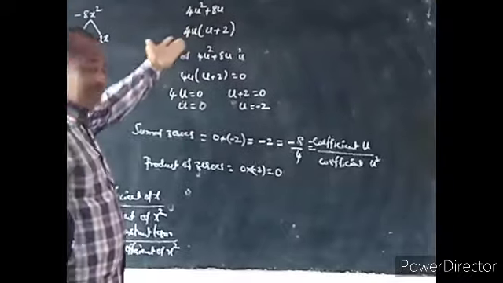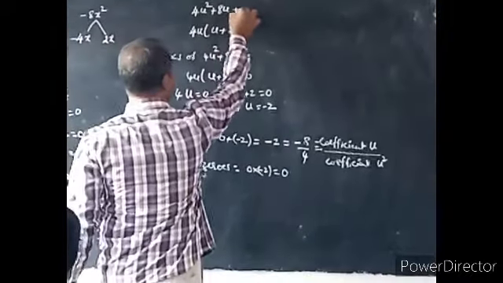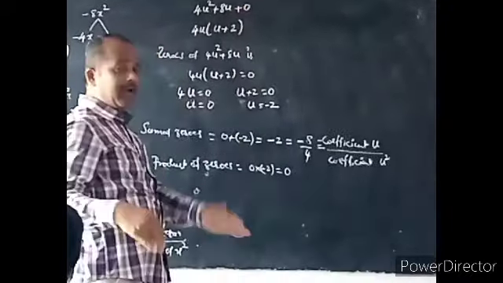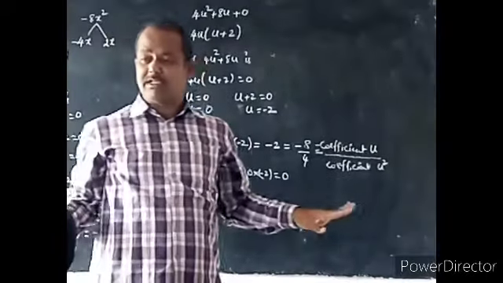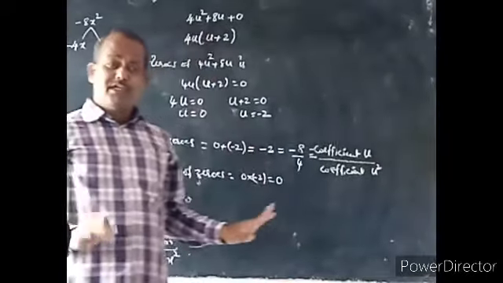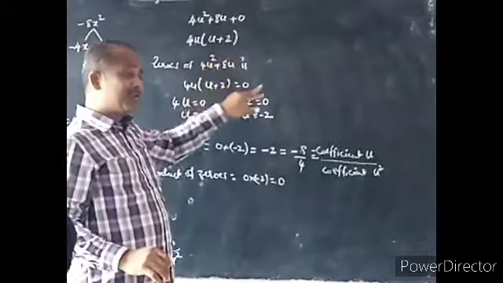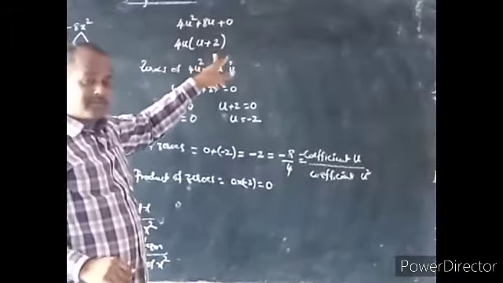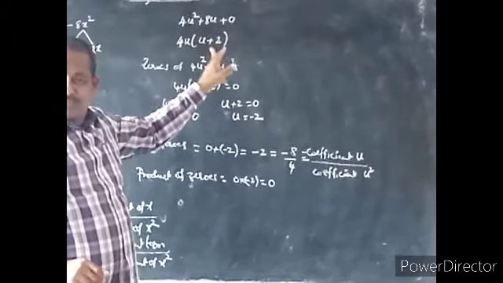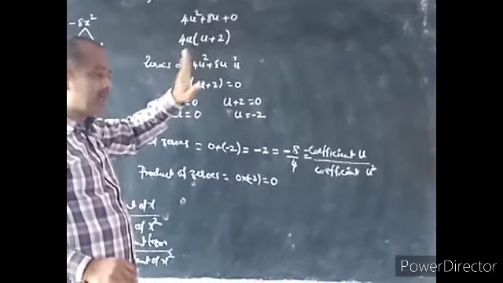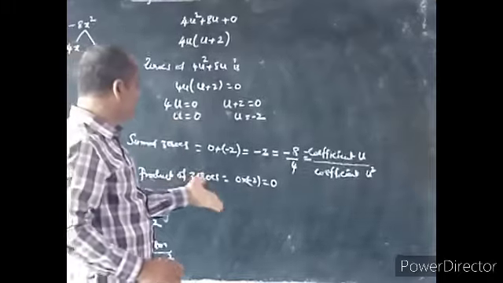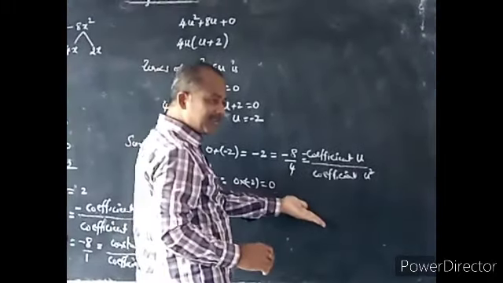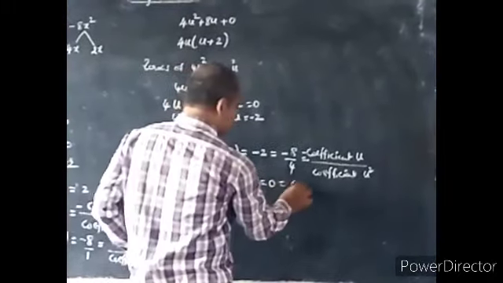If you add or subtract 0, the value doesn't change. If you multiply, the total becomes 0. But when adding or subtracting, there is no change. So you write the constant term